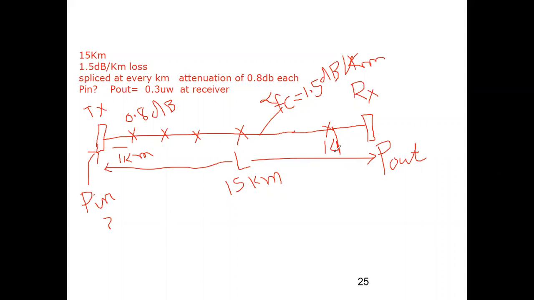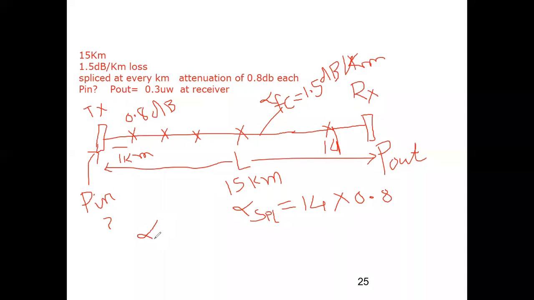Okay, और हर एक splice is contributing 0.8 dB loss. So alpha splicing, if I calculate, it will be how much? It will be 14, the loss due to splicing. So alpha splicing, it will be your 14 into 0.8 dB. ओके सो पहला लॉस आया मेरा केबल का लॉस ऑफ 15 किलोमीटर, और दूसरा जो टोटल लॉस आया स्प्लाइसिंग का टोटल लॉस, दैट इज 14 स्प्लाइस, ईच स्प्लाइस इज कंट्रीब्यूटिंग 0.8 का लॉस. ओके सो व्हाट वाज योर टोटल अल्फा एफसी?